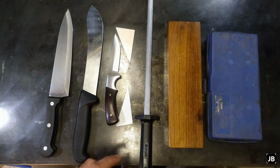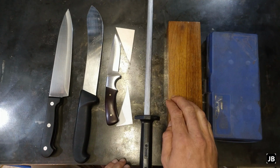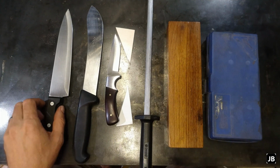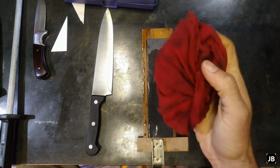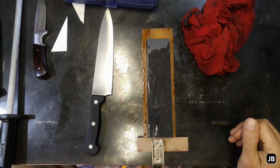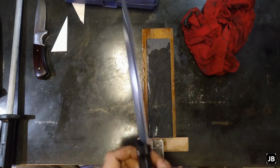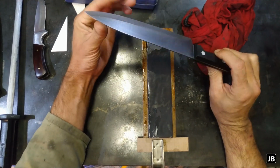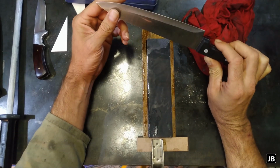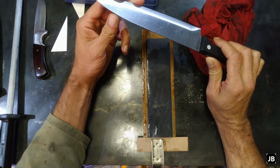Without any further ado, we're going to start off with our good old oil stone. I'm just going to clamp this to the bench and then we'll take it from there. Now before we start off, when sharpening knives or any blade for that matter, make sure you keep an old rag handy. It just makes for much less of a mess. The knife that we're going to sharpen on the oil stone is a very cheap kitchen knife that I've got. Not good steel, so I'm going to try and get an edge on this and we'll see how long it